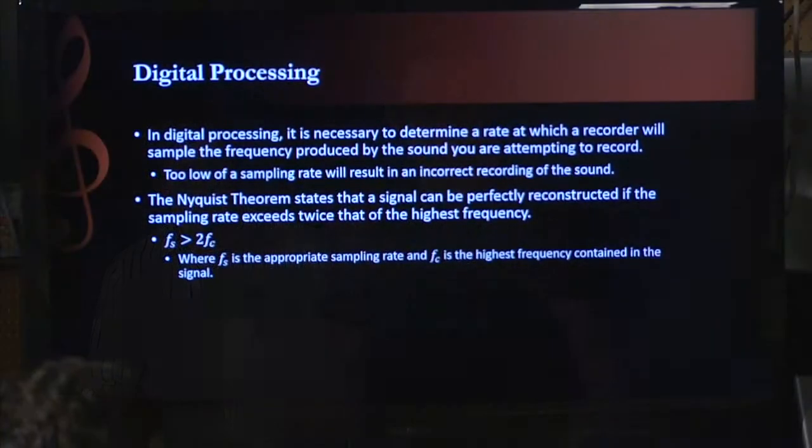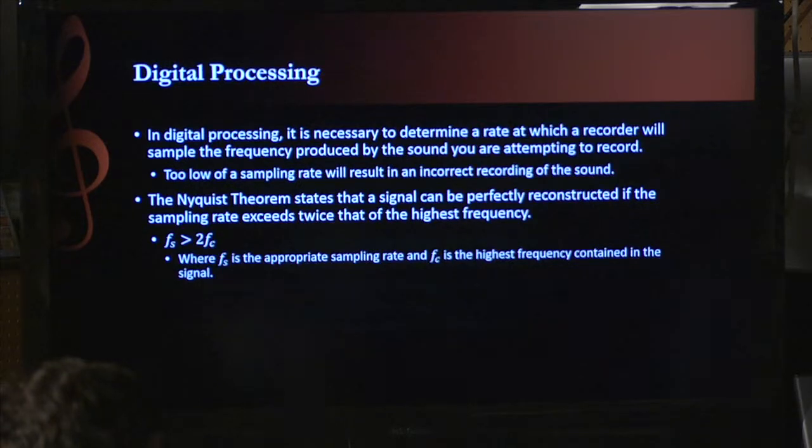The Nyquist theorem takes the Fourier series in the sense that sound waves are usually sort of like a sinusoid-esque shape, and some of them have crazy shapes, so you can use the Fourier series to find the exact equation for that sine wave. And the Nyquist theorem states that you can perfectly reconstruct any signal by taking the highest frequency and multiplying it by 2, and that's the number of samples